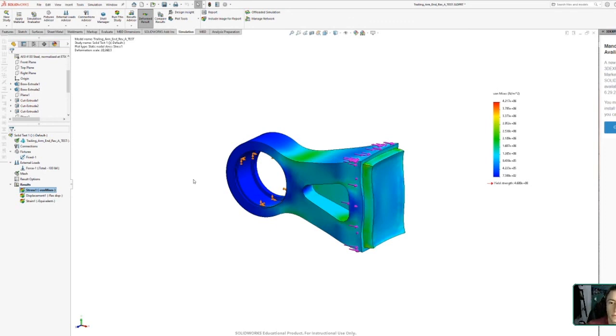There's a lot of little settings you can tweak depending on what your part is, which is why it's kind of hard to have an explanation as to how to do FEA in anything. But once you know the basics, you take the basics and apply them. You start with the basics, and then if your part has some kind of weird geometry where you see